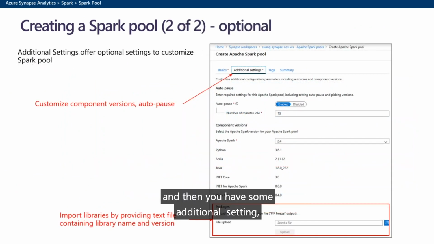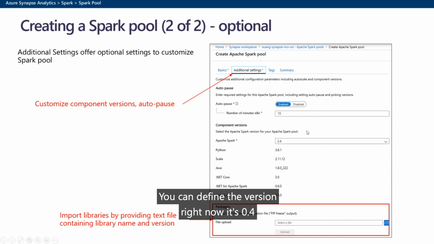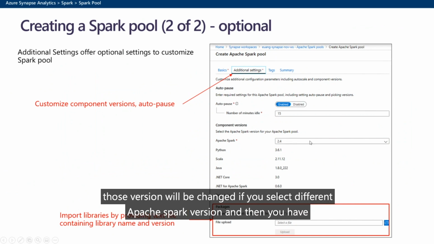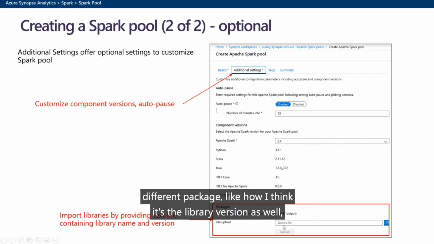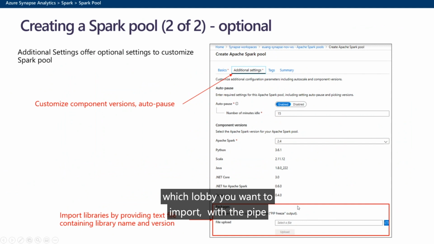And then you have some additional settings. Nothing challenging here. You can define the version. Right now it's 2.4, and in the very near future we're supporting 3.0 as well. Because it all follows your Apache Spark version, the versions below will change if you select a different Apache Spark version. And then you have different packages, I think it's the library version as well, which libraries you want to import with the pipeline,